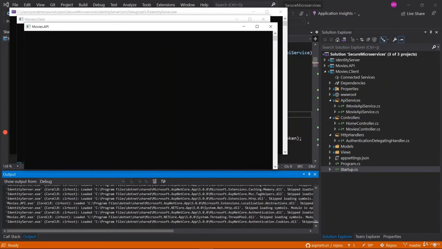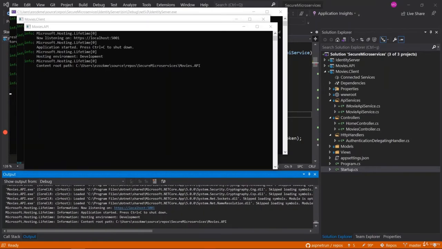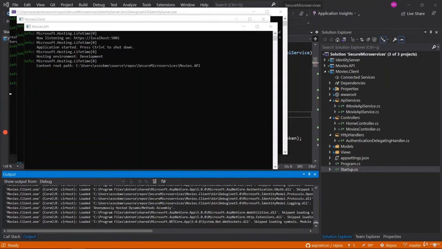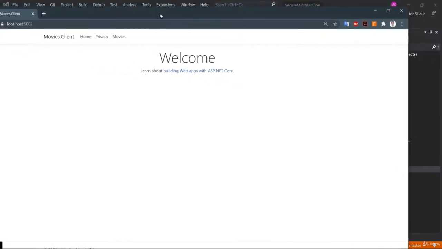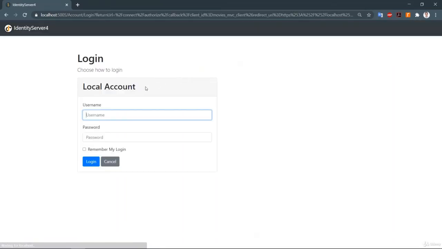Okay, all applications are running. Okay, our Chrome window came up. So when I click Movies, it navigates to the login page.